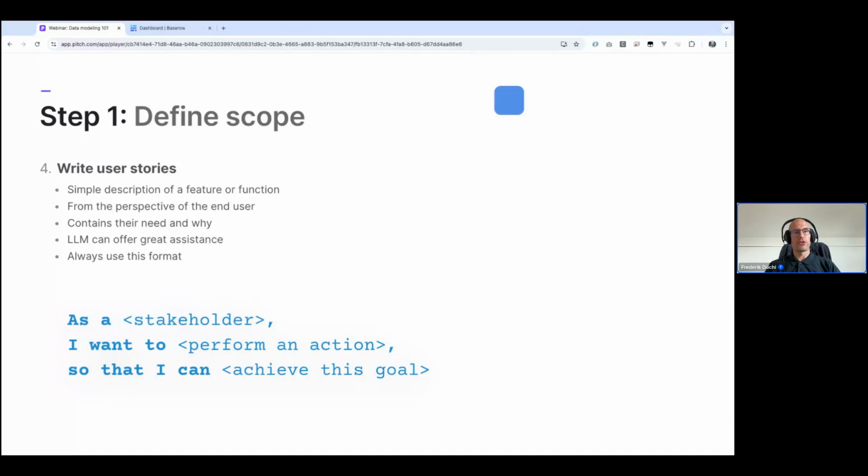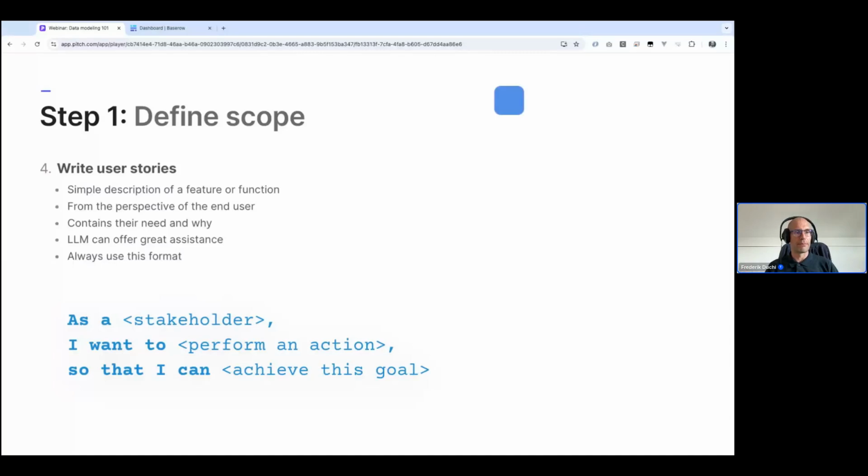So you always use the format: as a certain kind of stakeholder, I want to perform an action, I want to do something so that I can achieve a goal. And the "so that I can" part is very important, because if you cannot fill in "so that I can", then actually it's a feature you might not need in your project, because you cannot define a goal